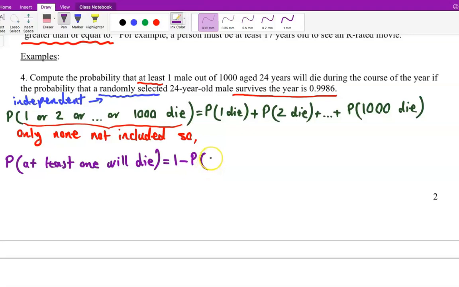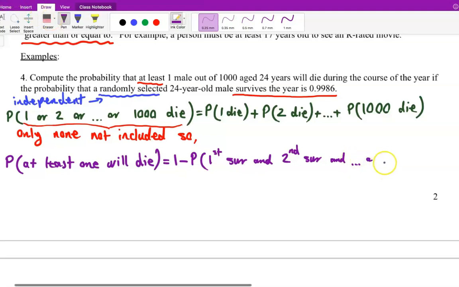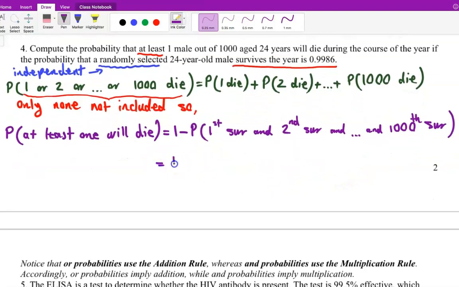Now here we have the probability of the first one surviving and the second one surviving and, here we have 1000. Okay, so that is equal to 1 minus